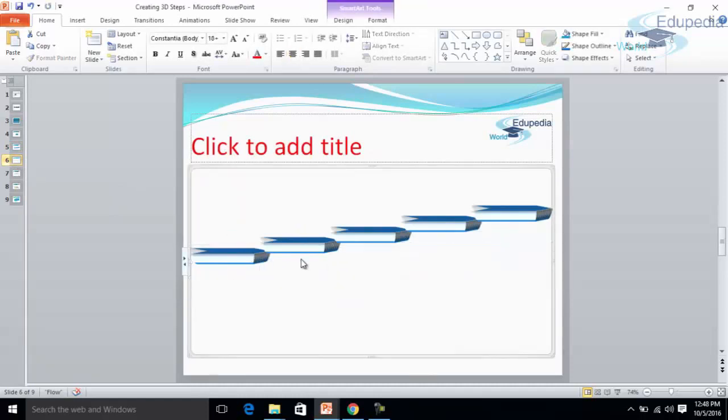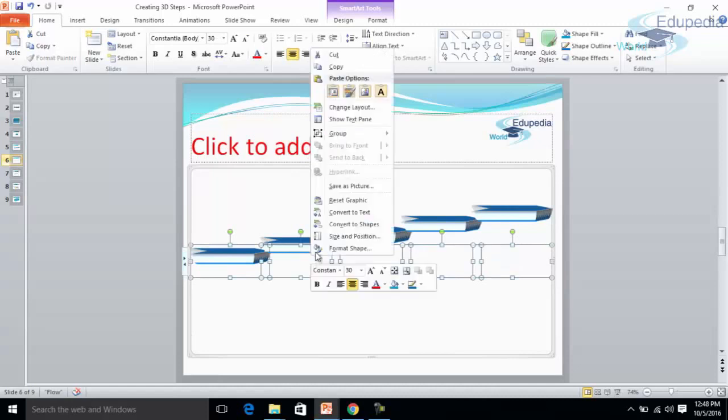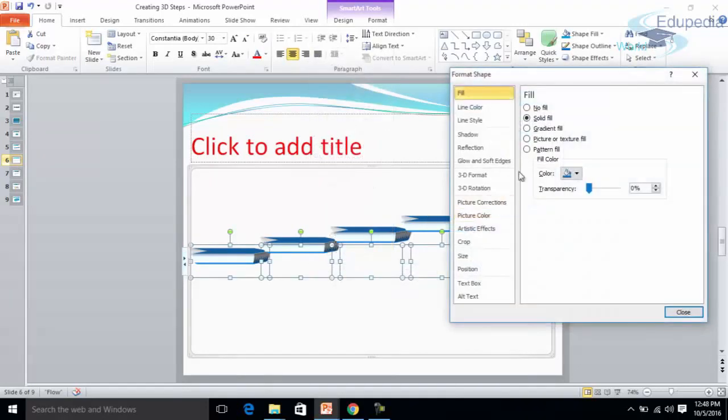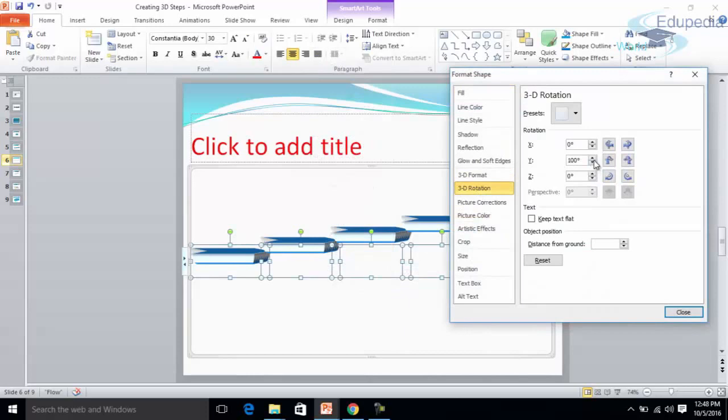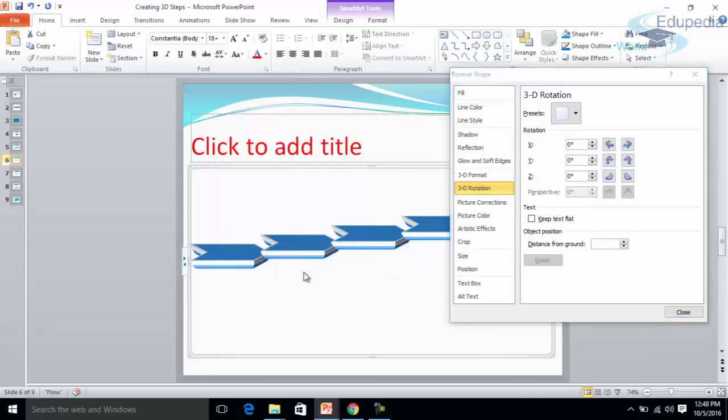I'll select all of them once again. This is the kind of projection given in the earlier figure.